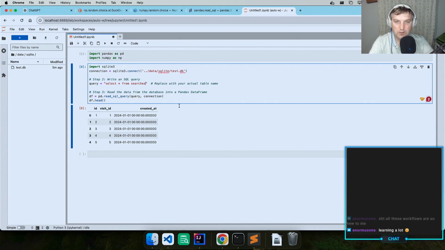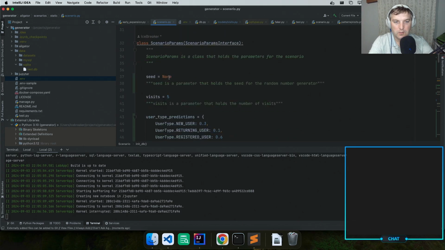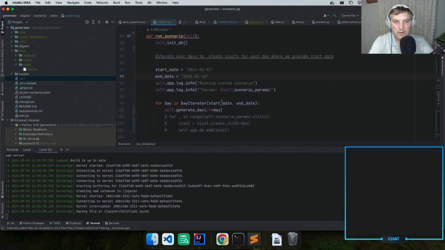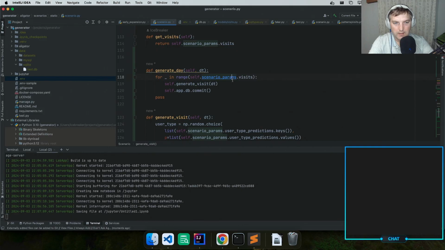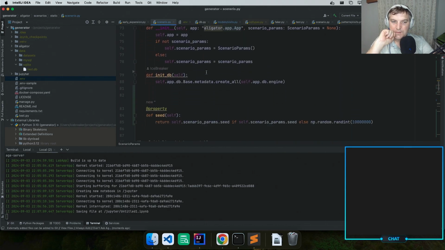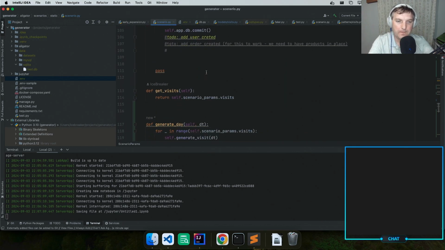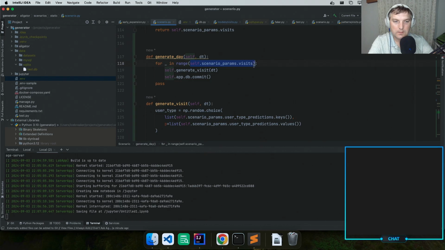Okay, so before we do any of that, let's stop this one. What I want to do is, so right now my generation was running for only 10 days, where I had a predefined number of visits. And sorry, I'm back on the code, these visits were 5, right? So the visits was 5. Now what I want to do, I want to change that a little bit. So I want to say